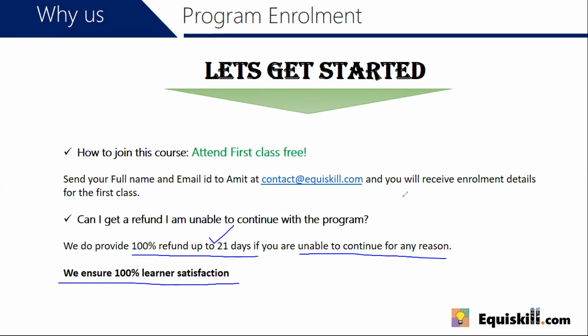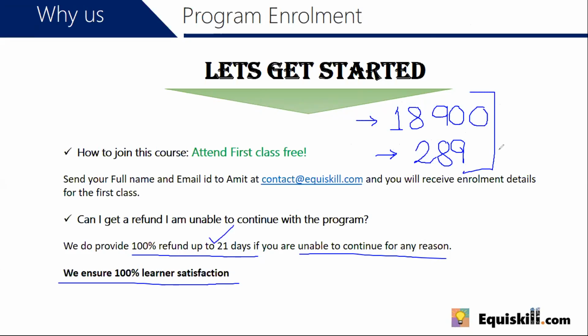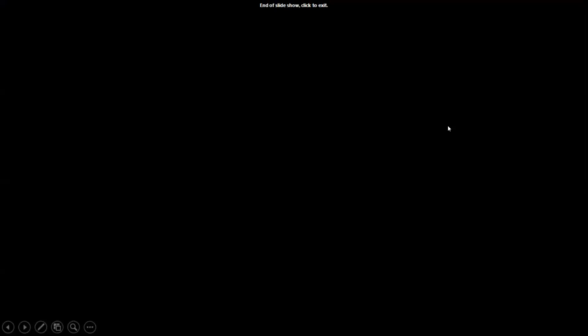Okay, so I'll show you the fee structure. Well, the fee structure is available to you on the course page. So the best way that you can actually look at the fees, depending on which geography that you're based out of. In India, it'll show up as 18,900 Indian rupees, right? And if you're in the Middle East or if you're in the US or any other geography, it'll show up as US dollars 289, which is roughly the same thing. But we do have a discount, and we also have a discount that we can offer to people who have joined this particular webinar. So hang around, because at the end of the webinar, we will give you your discount options to actually avail those discounts for the course.